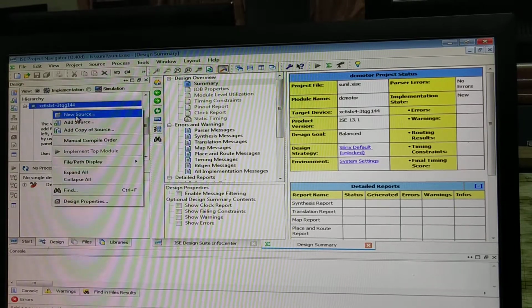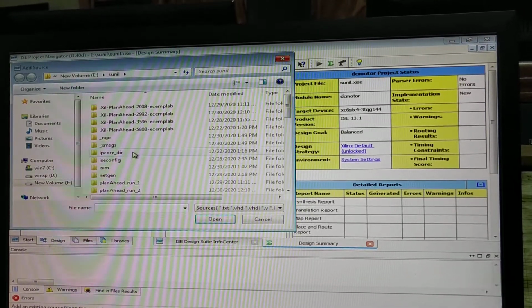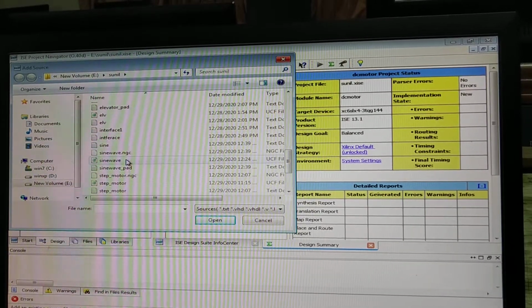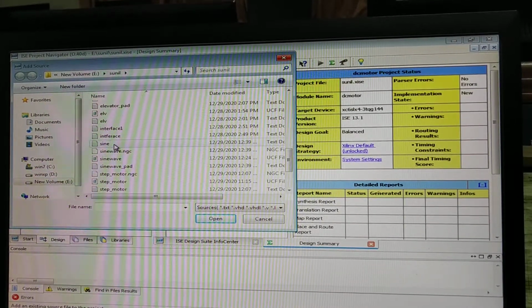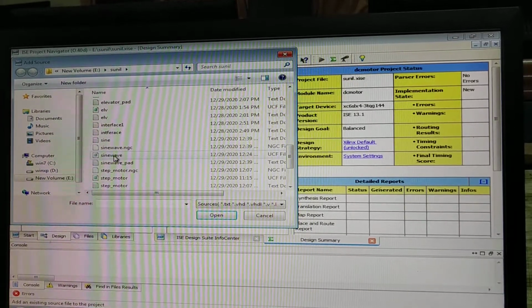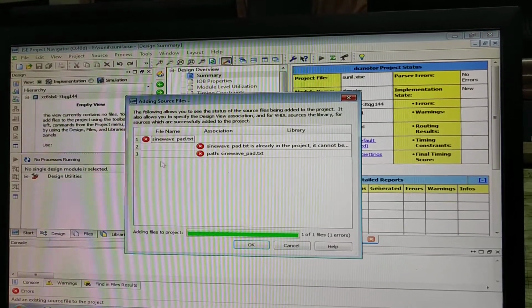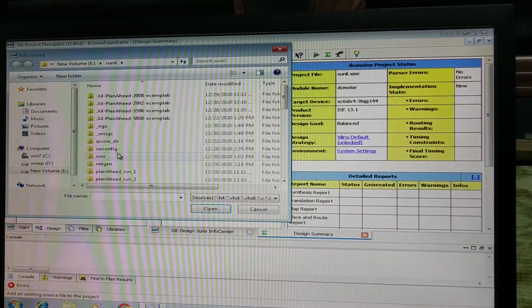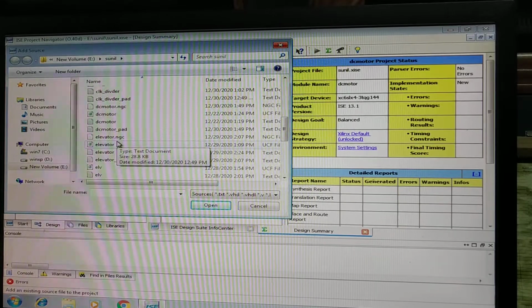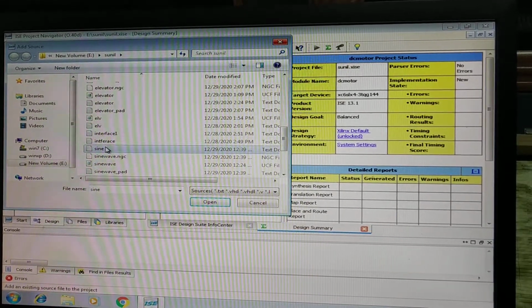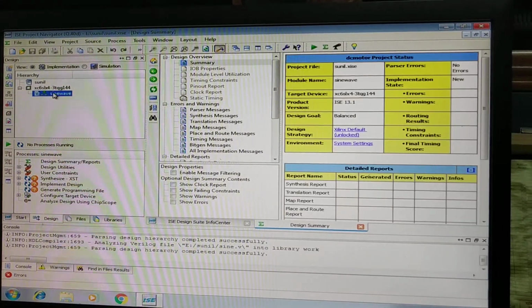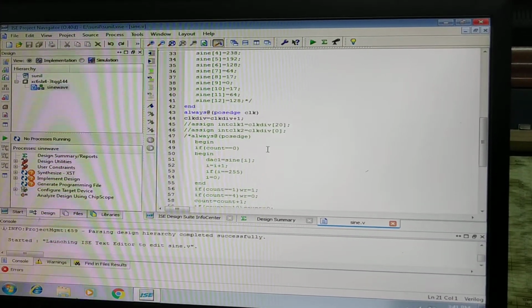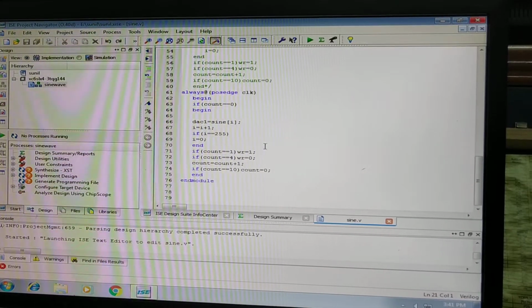Add the program now. Add source. Add the sine wave program. Okay, this is the program.